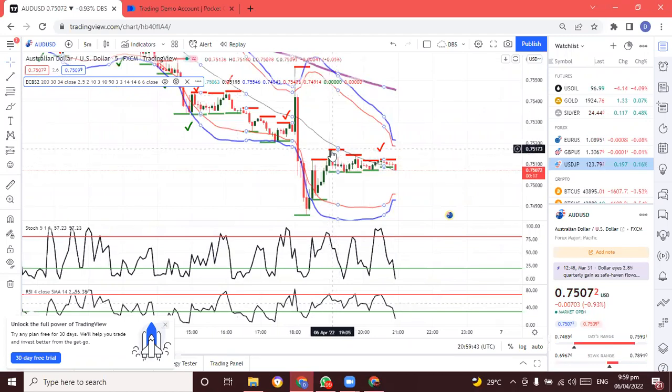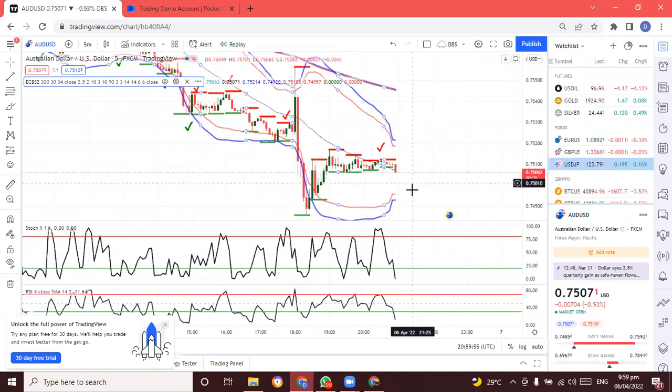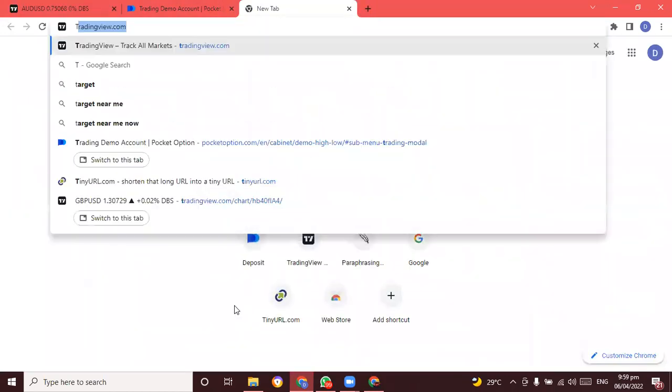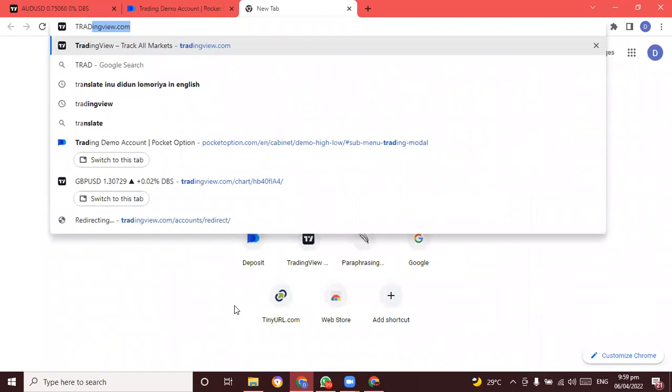Now look at it. From that time that it came back up, can you see that it's just consolidating? Consolidating is, it's not going up, it's not going down. It's staying in between. So you don't get a good move in the market. So one of those times that you can trade, you can type on Google trading